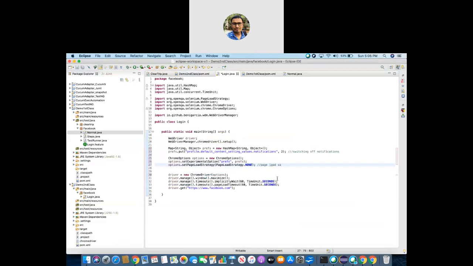I think for page load we are also using waits. We can use waits also, right? Implicit and all those things. So line number 33 meaning is